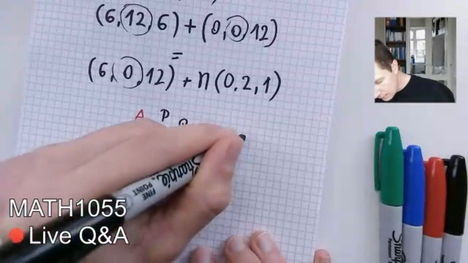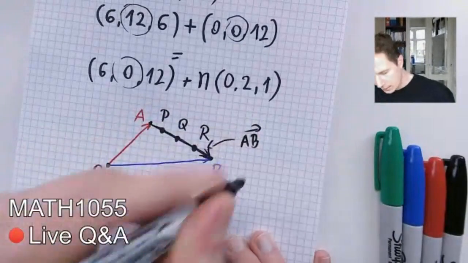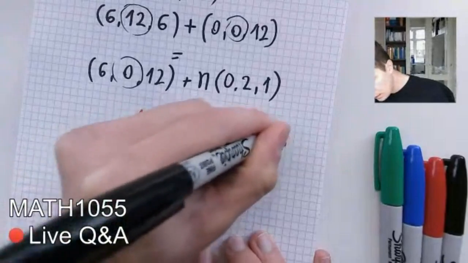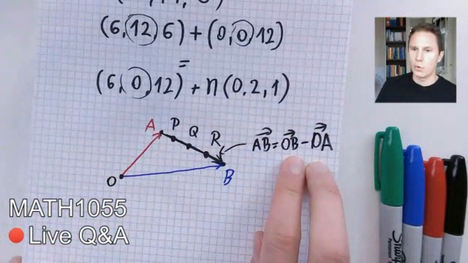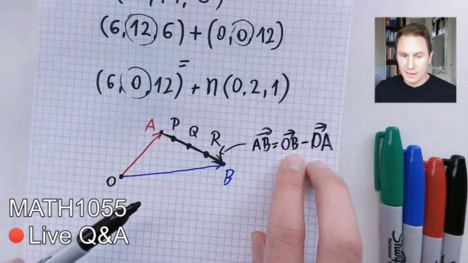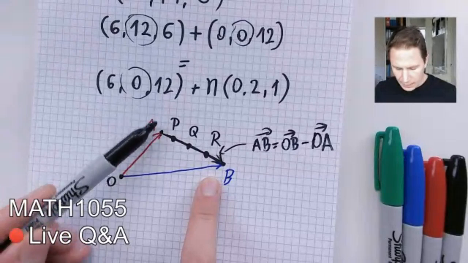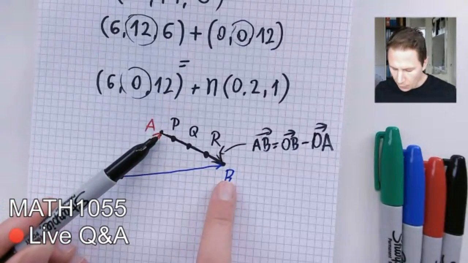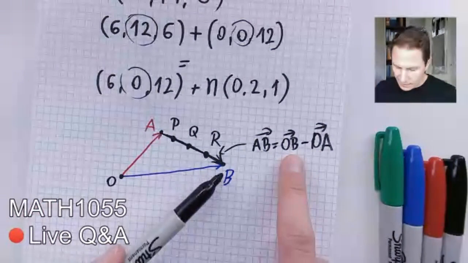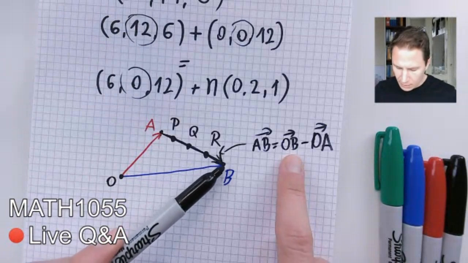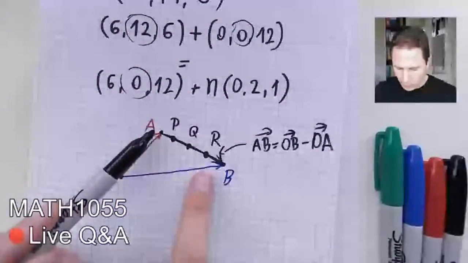The vector connecting A to B along this line segment is nothing but OB minus OA, the difference of these two vectors. This is always true in general. If you want a vector pointing from point A to point B, you take the difference of the position vectors: the position vector pointing to the end point, minus the position vector pointing to the starting point. And